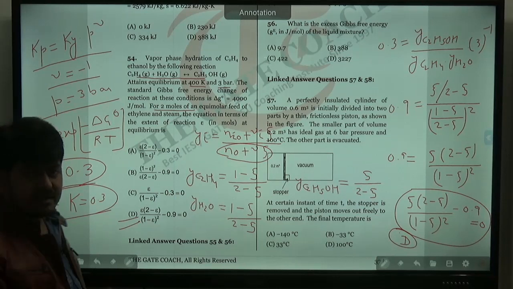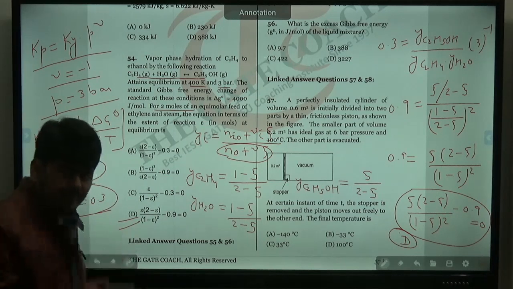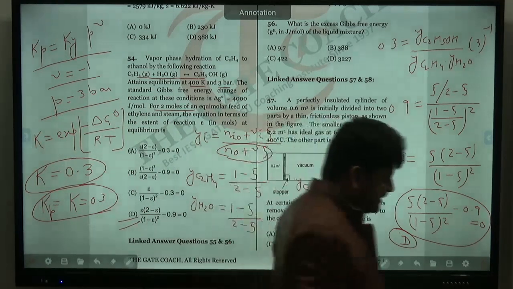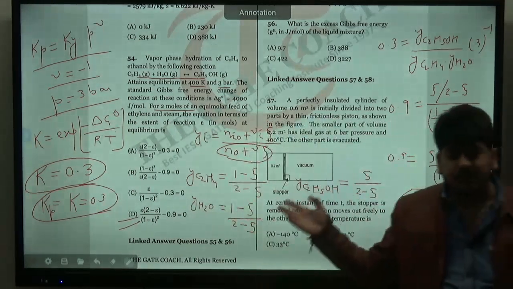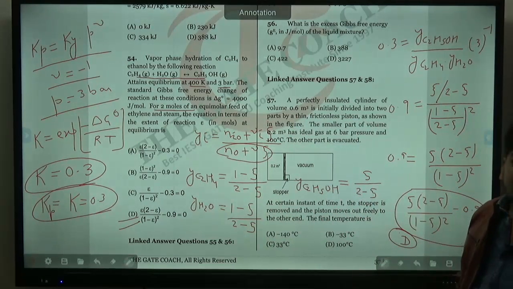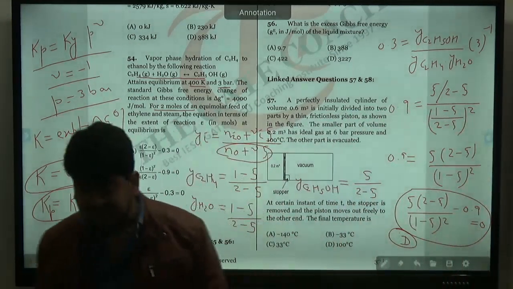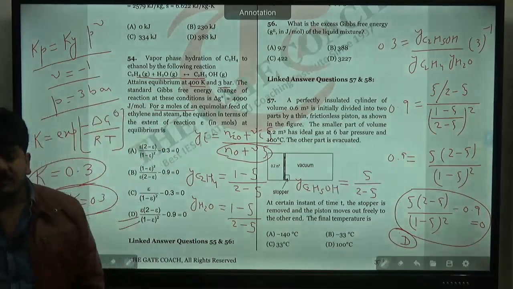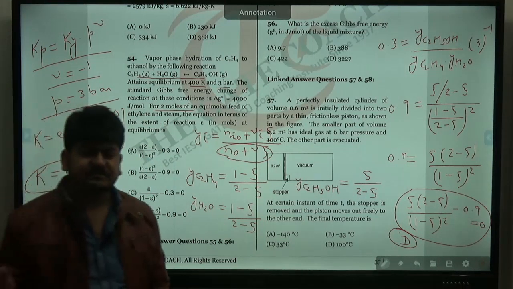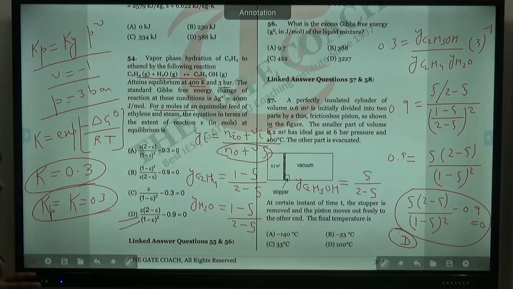I hope it is clear, and that's how you can solve all the numericals related to this topic. It's very easy. So this is all about the chemical reaction equilibria part, guys, and all the other questions are also like this, which you can solve easily. That's not a big deal. I hope all these things which we have covered in solution thermo can help you to solve all the numericals. We have covered all the important parts and all the sections of solution thermodynamics which are supposed to be covered. I hope you can solve all the numericals now.